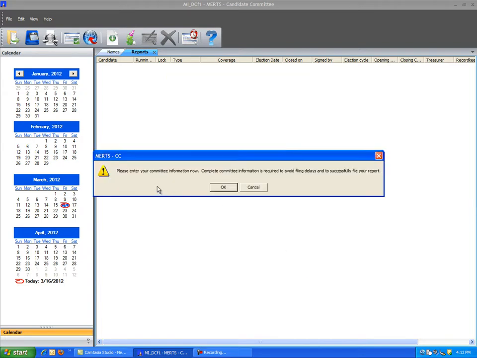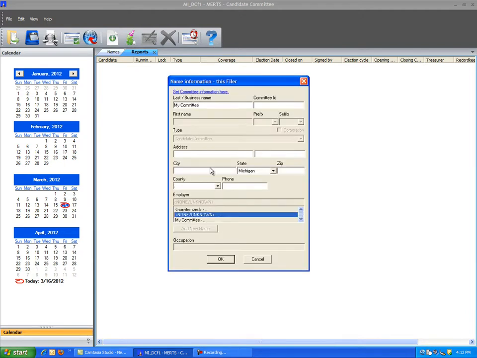When continuing to set up a new committee, a message window will appear asking to enter the committee information. Select OK to continue. Replace the My Committee name with the name of the committee.